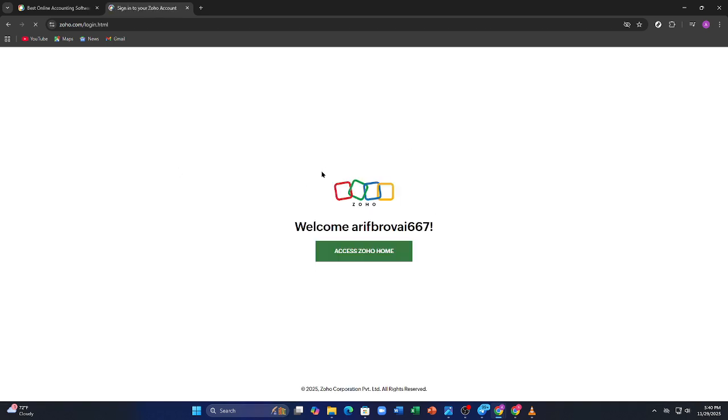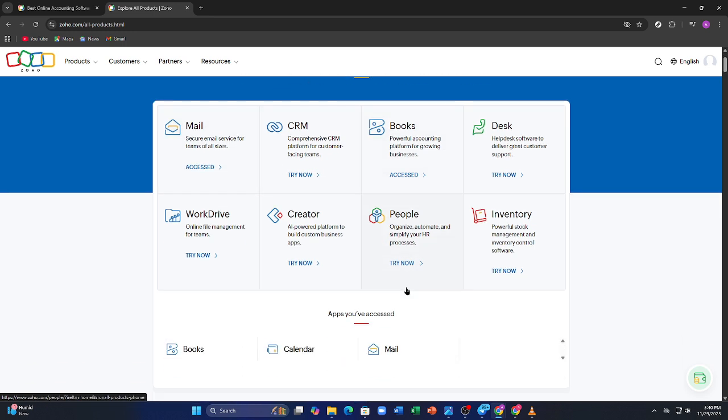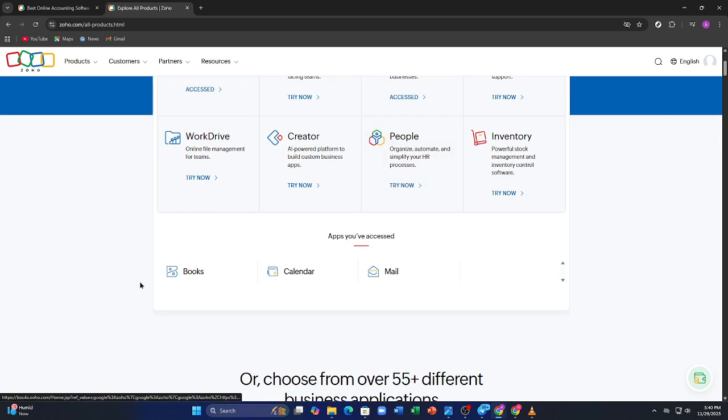Now, at the top right, you'll see a button that says Sign In. Go ahead and click that. It'll open the Zoho login page. Here, just enter your email address, your password, and sign in. Yeah, super simple. If you already use other Zoho apps like Zoho Mail or CRM, you might get logged in